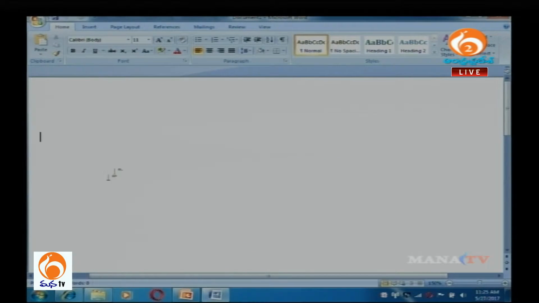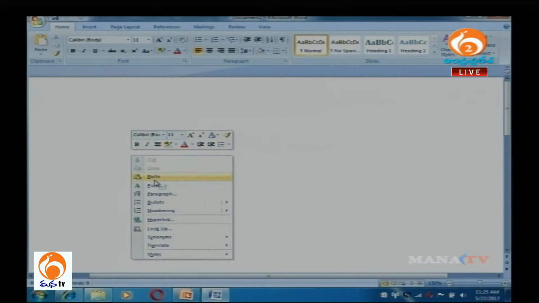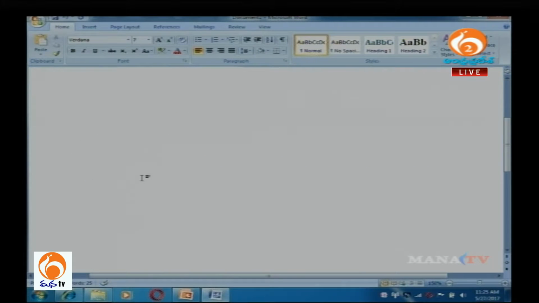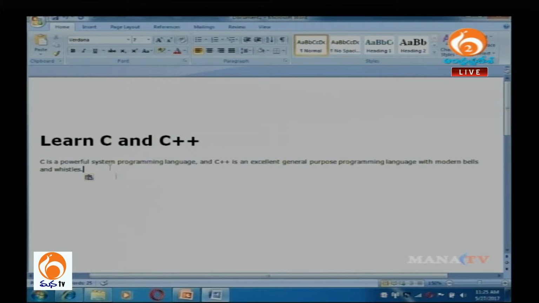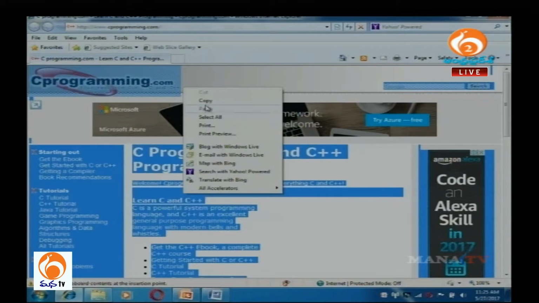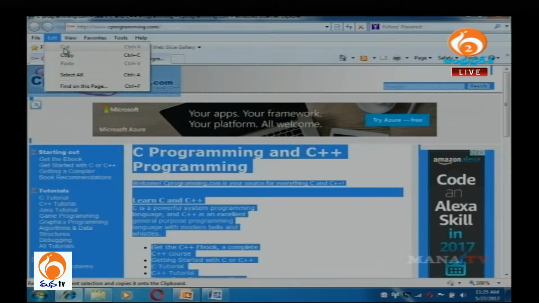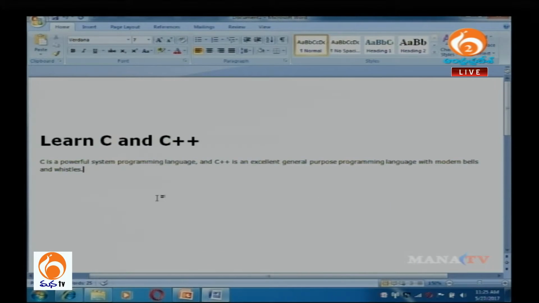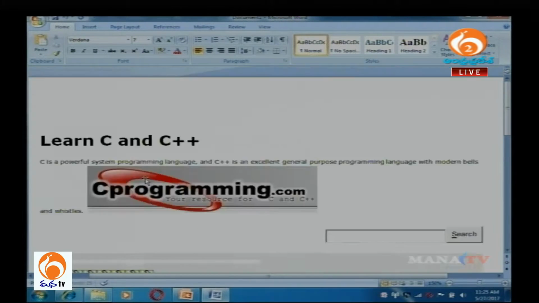Windows Word is open, right click, I can paste it. We selected everything but did not copy. So, right click, copy, or go to edit, copy, and then paste. It will take everything that is present there and try to put it here,